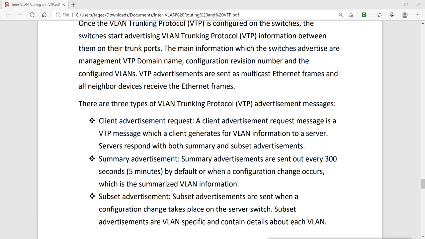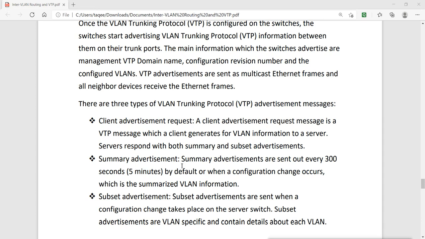So this is the advertisement message which the client sends to the server to get information about the VLANs. Then summary advertisements are sent out every 300 seconds, that is 5 minutes by default, or when a configuration change occurs, and they carry summarized VLAN information.